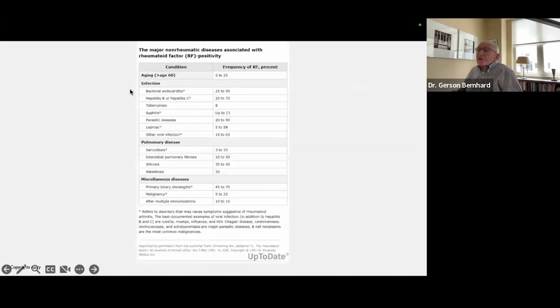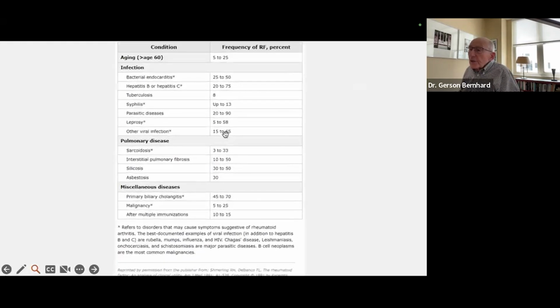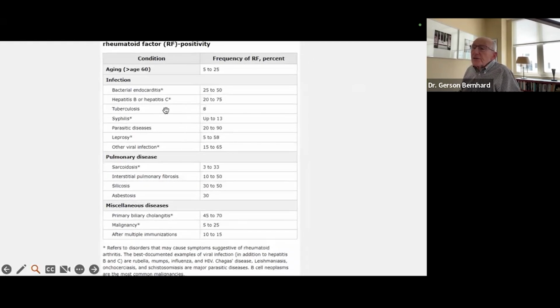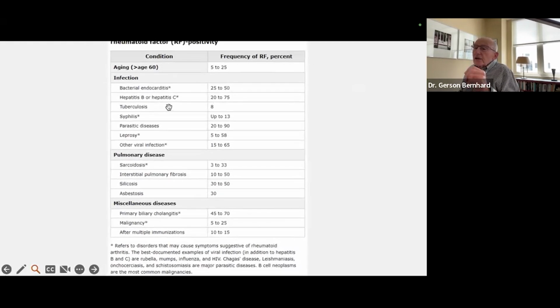And here are some other disease processes that are associated with rheumatoid factor positivity. Look at bacterial endocarditis, hepatitis B, or even hepatitis C, TB, syphilis. All of these can give you what I would call a false positive rheumatoid factor, because what you're looking at